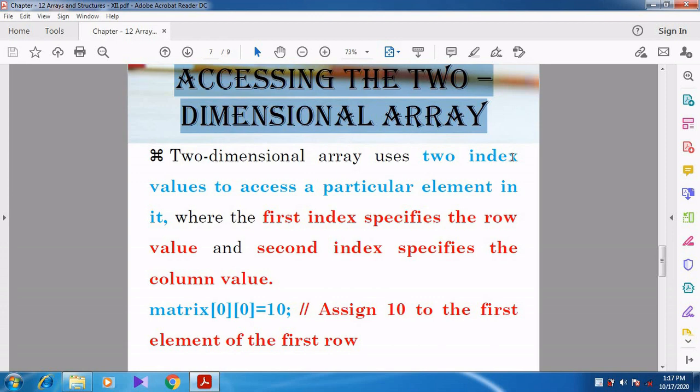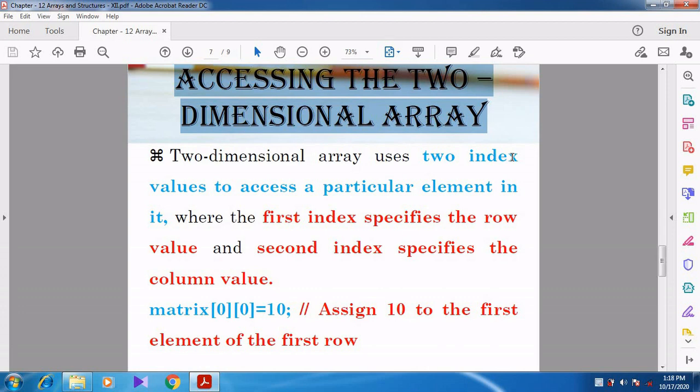In the starting itself we have studied that the array element or array value can be accessed only through the subscript, the array name with the subscript. Can you understand, students?